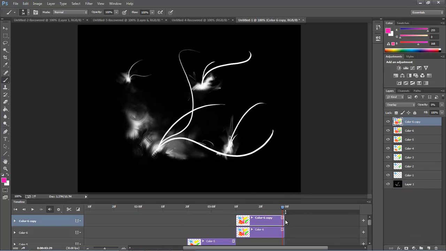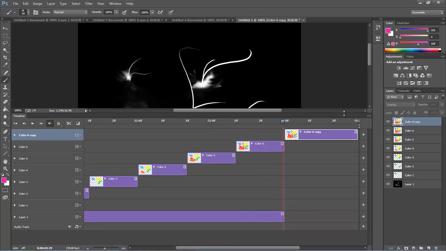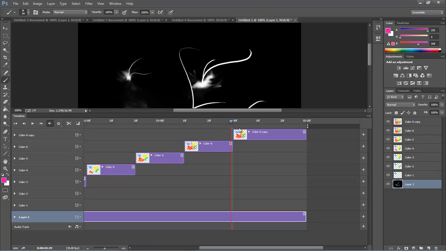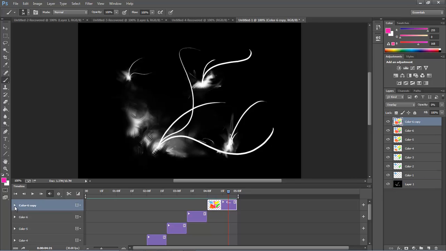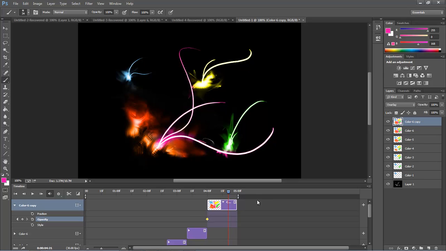So you can come over here to the end and we can duplicate layer number 6, and then we can actually drag it out to about up in here and make this one longer, and that way we've got the ending of it. Okay, since this one right here does not need to change, we're just going to have it stay at full opacity all the way through to the end. Okay, so then when we play it again,